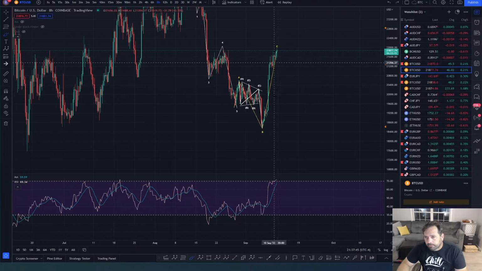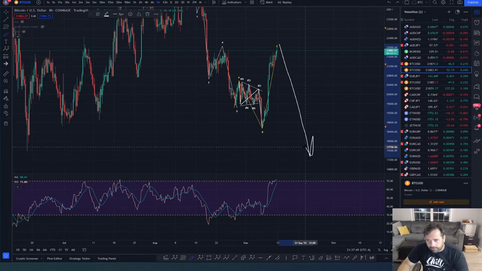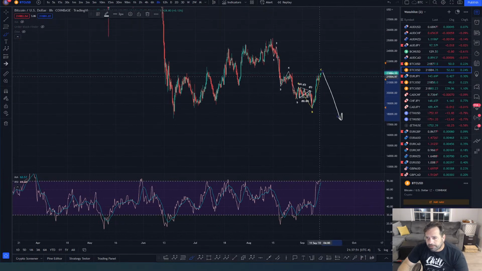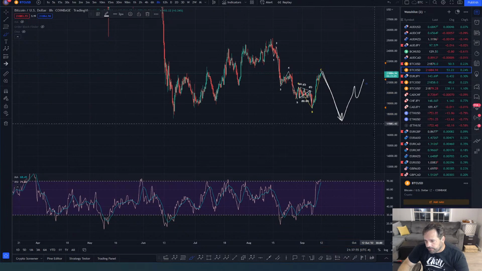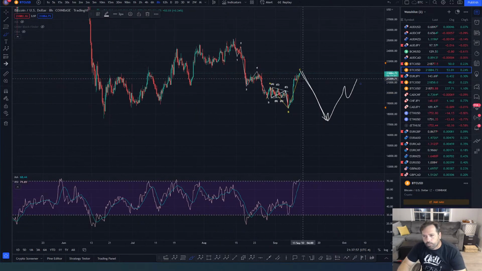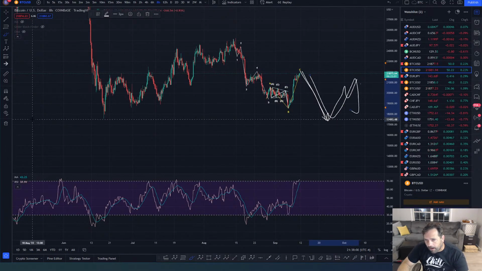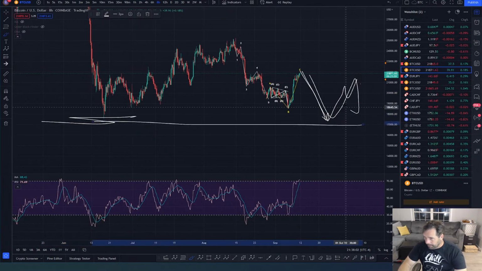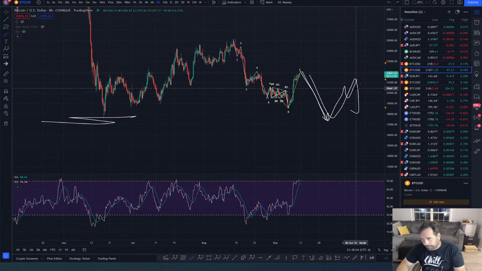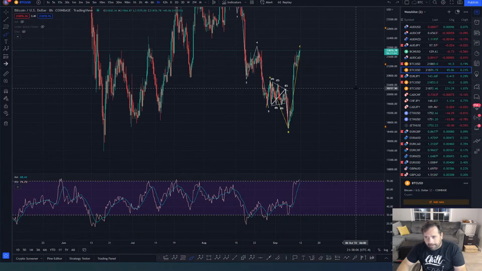Okay? But whenever this wave finishes, I'm calling for a dump that's going to break the low. This thing's going to go. It might come back first. It may play around here for a long time. It may take weeks for this thing to get beyond the last low. I'm here to tell you, it may happen in 1 week.